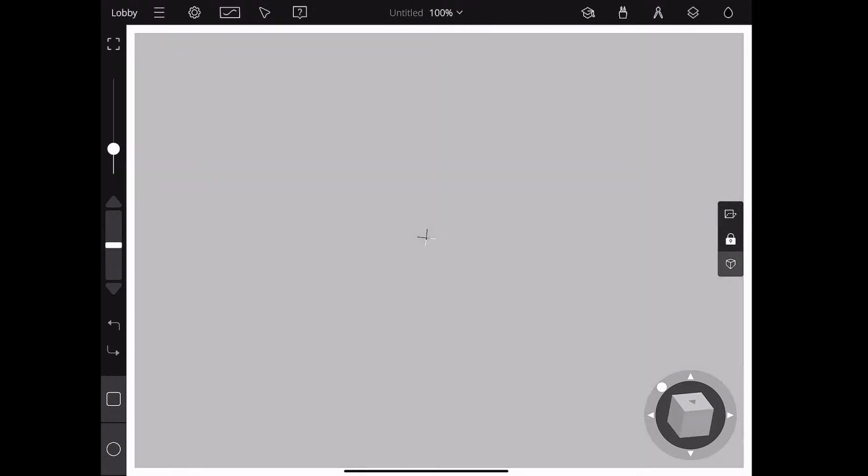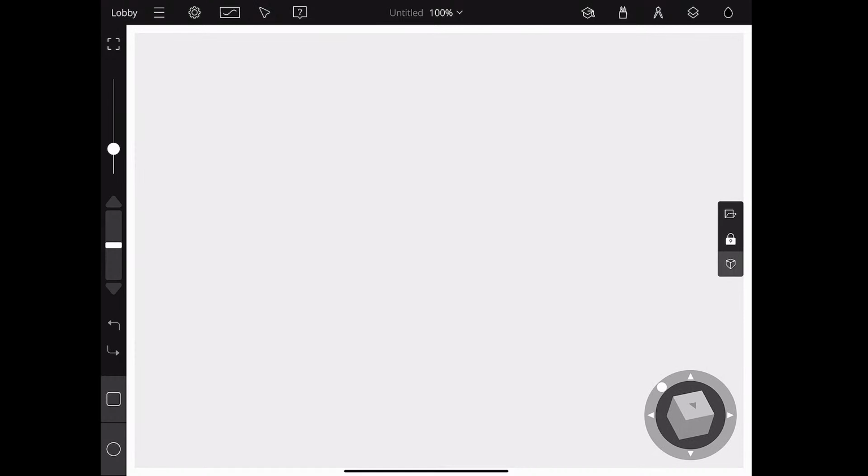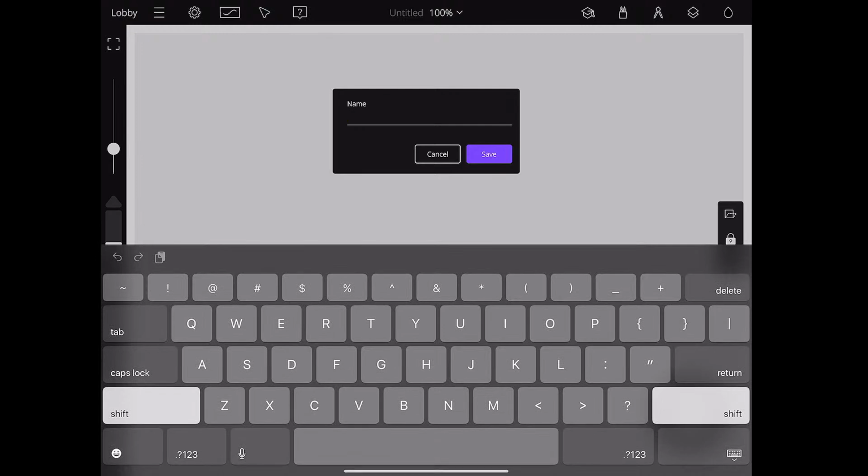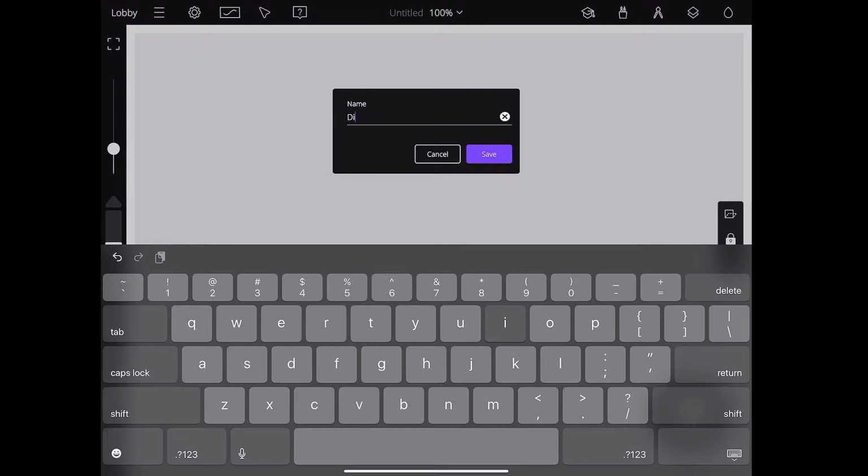And so we are going to make a digital camera today, and we're not going to go too crazy, but I think it'll be a great way to showcase some of the basic tools in the app. Now, I'll be full disclosure, I'm still learning to use the app myself. I'm really enjoying it, but it's a learning curve, just like any new thing. So just bear with me, but I'm going to go ahead and change the name of this file. So if you just want to change the name of a new sketch, you just click on that Untitled on the top, and you can just start typing in a new name. So I'm just going to type in digital camera,